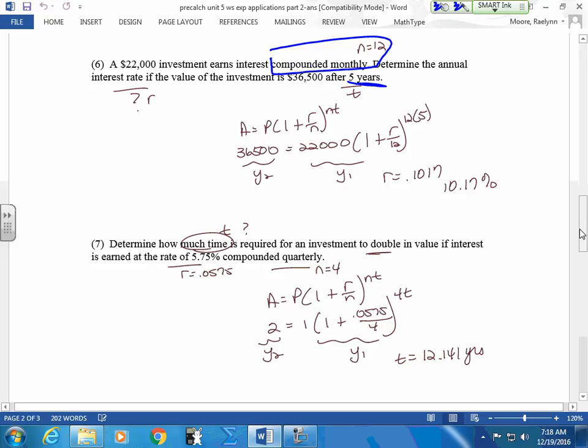But interest is usually done for an entire year. So annual, they're only going to compound it once a year, meaning they're only going to give you your interest rate once a year. Semi-annually, they're going to calculate your interest rate twice a year. Monthly, they're going to calculate it 12 times a year. You still don't get that interest rate every month. They have some kind of an algorithm. I don't even know how they do it, but they calculate parts of it and add it to your account